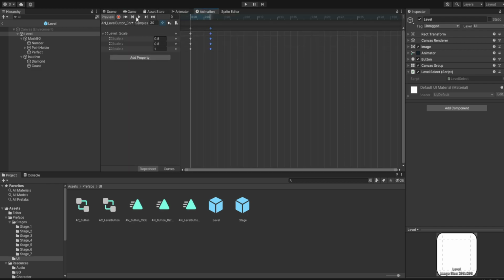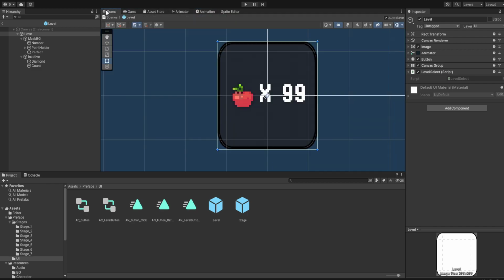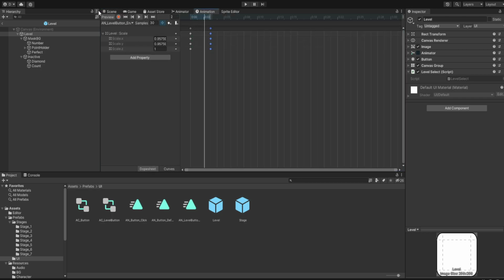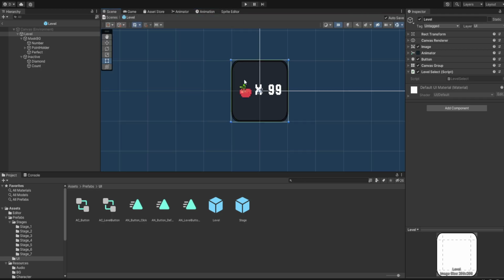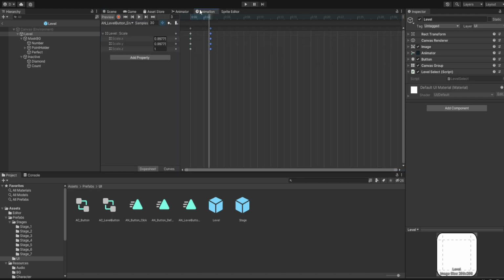And if we hit play, we are not able to see it inside there, but the animation should work. And that's going to be our default animation. Let's create one more animation, which is going to be for the level button,